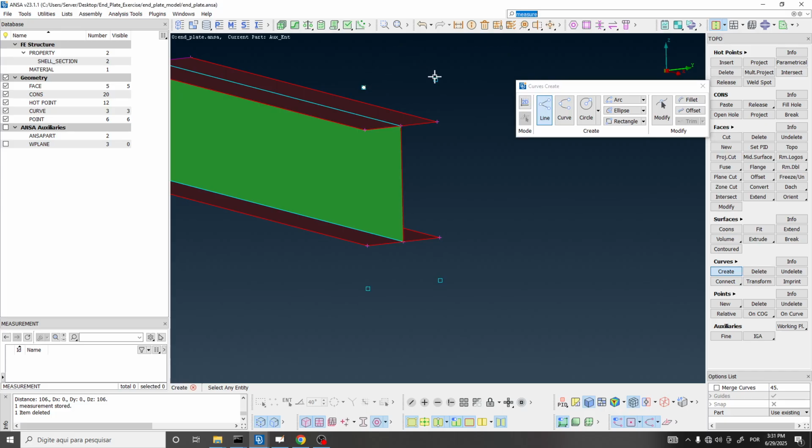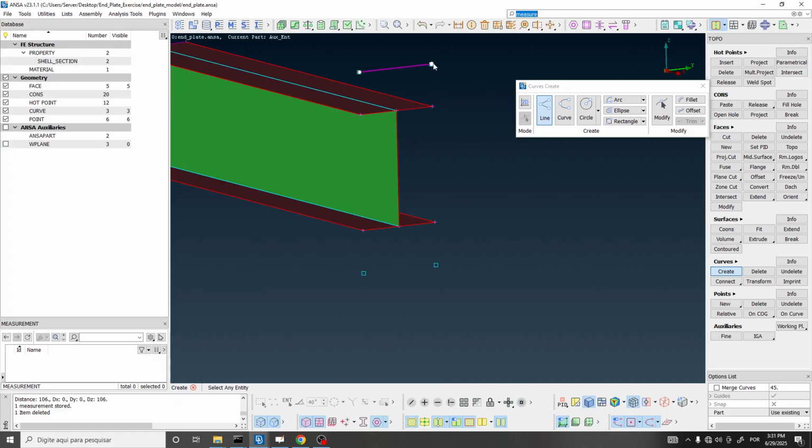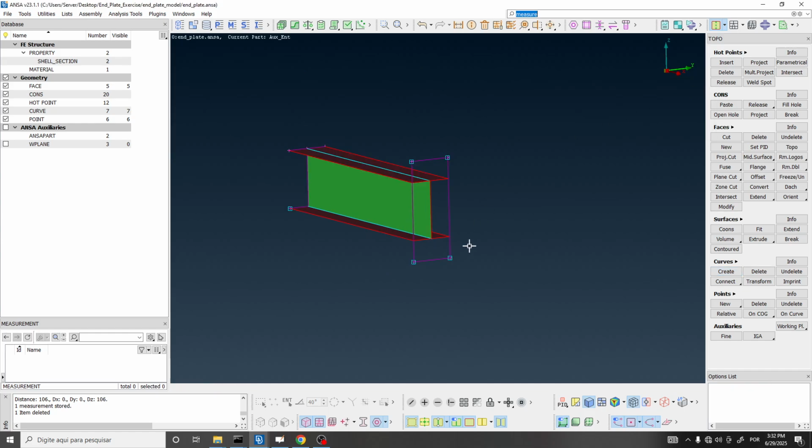and then from this point to this point, and then to this point, and then to this point, and then to this point. Now we need to click the middle mouse button to confirm the creation of these lines, because if you don't do that, it's not going to create. All right, now we can close these,